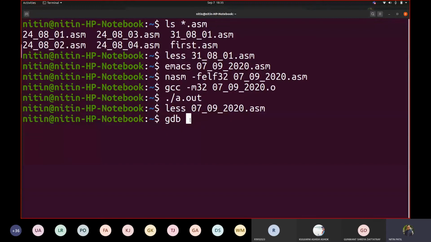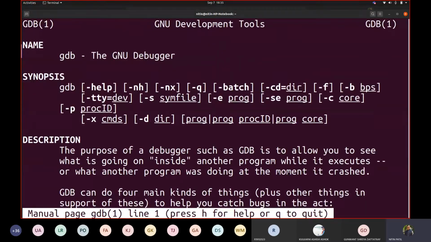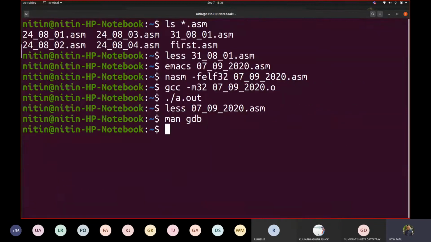Now the main program that I'm going to make use of is GDB. This is the GNU debugger. It is one of the most important tools if you are working on the Linux platform. Even if you are working on the Windows platform, there are multiple debuggers available with each programming platform. As programmers in industry, these debuggers help us a lot to make the code workable or executable, correct?